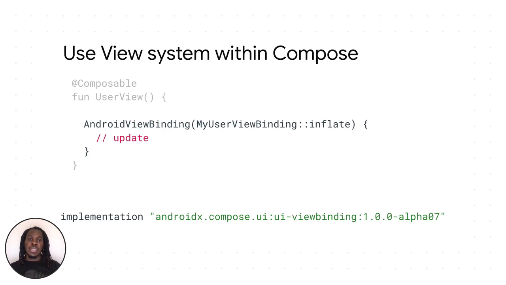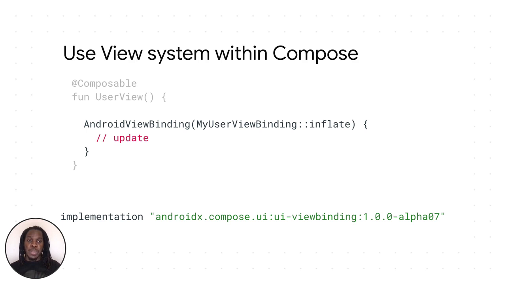Another way to do this is to use the Android view binding API. This API comes as part of a UI view binding library that is part of Jetpack Compose suite. Here, all we need to do is pass the result of the inflate function, and the system Jetpack Compose handles how we create it, and